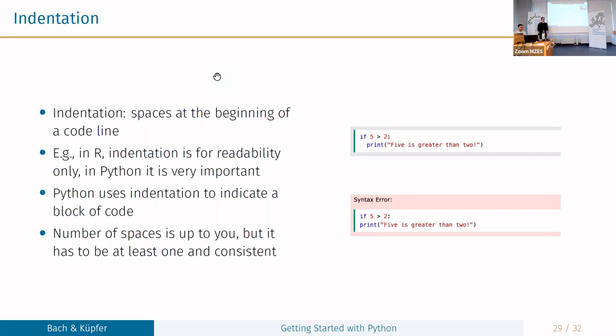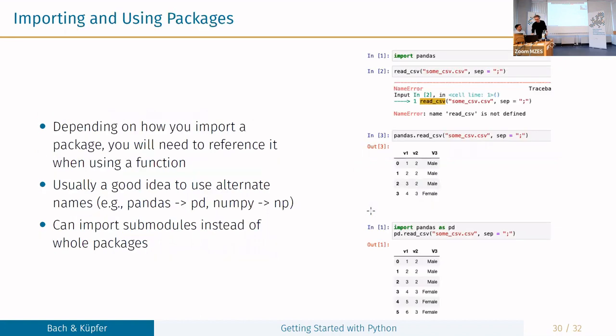Yeah, I mean, in RStudio for R code, there's even a shortcut, right? So I think it's just Control-Shift-A. So it's really nice to learn the style guide as you go by simply having the program autocorrect for you. Yeah. So the thing to remember: indentation is important. It doesn't matter how many characters, but it always needs to be the same number of characters in one block of code. And here you will actually get a syntax error because there should be some indentation. There is no indentation, and it will give me an error.